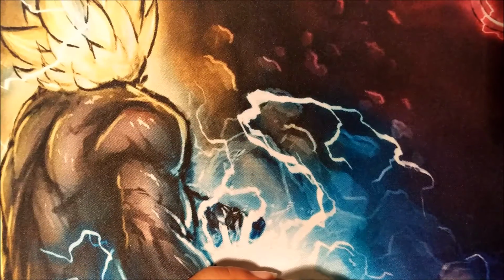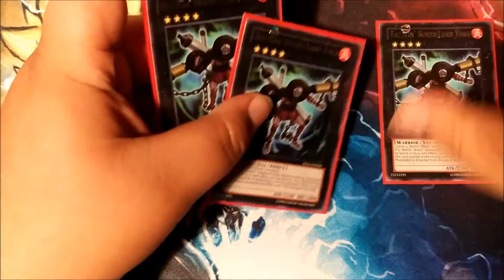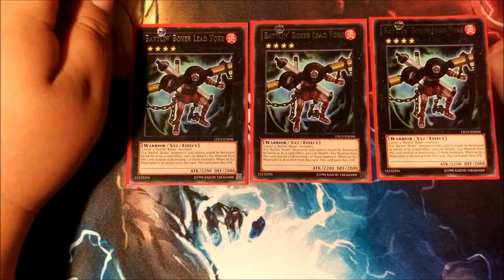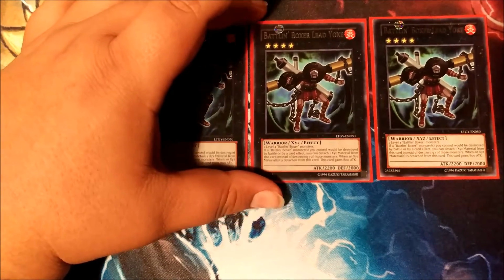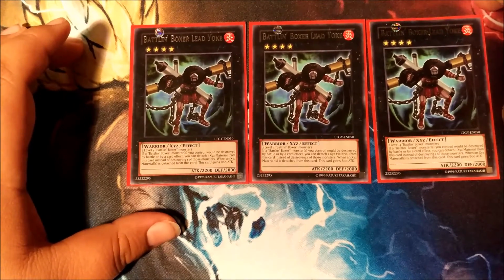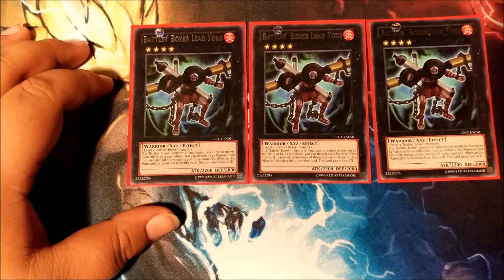Okay, first we have Number 3 Battlin' Boxer Lead Yoke. 2200 attack, 2000 defense. It takes 2 level 4 Battlin' Boxer monsters. What I love about Lead Yoke is that once you bring him out to the field, say if he was going to attack and somebody brought out a Mirror Force, or somebody just tried to attack him,